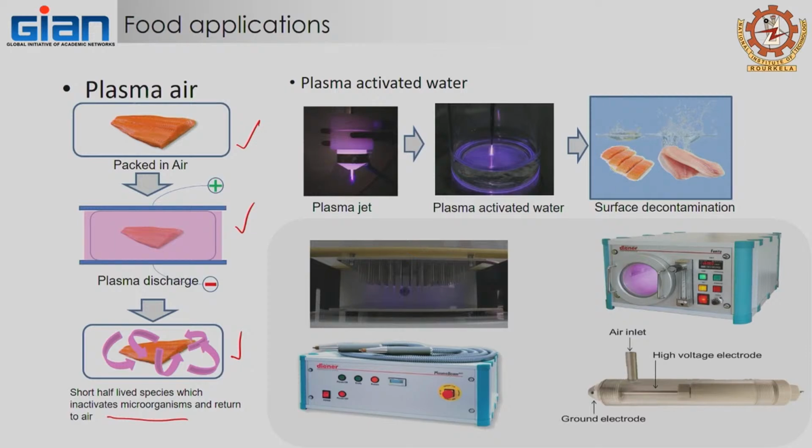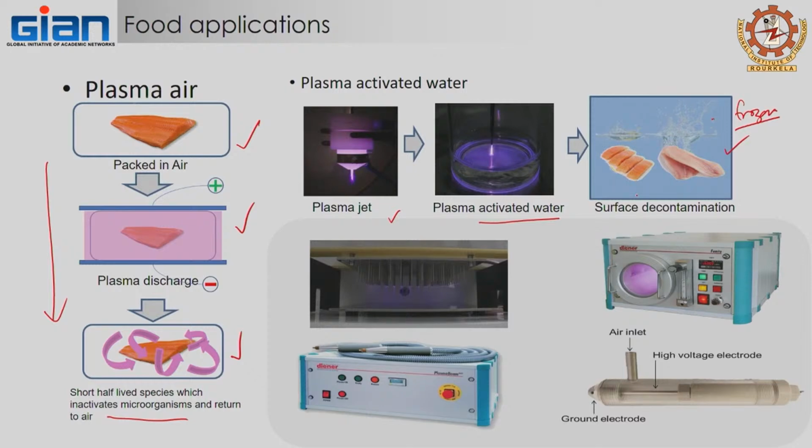That is the simple process for inactivation. The plasma jet goes into the water and makes plasma activated water, or ozone gas goes into the water, making ozone containing water, for surface decontamination or for using in frozen water, freezing that water to inactivate